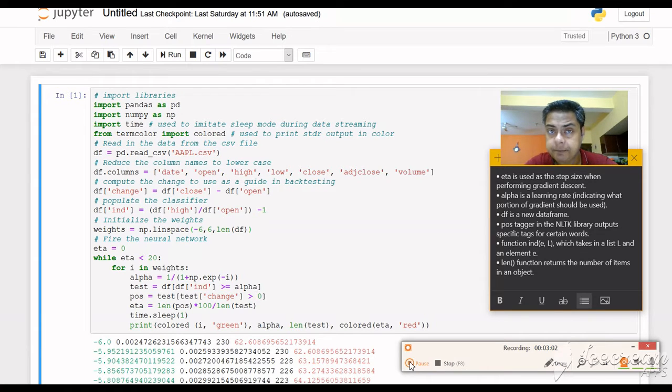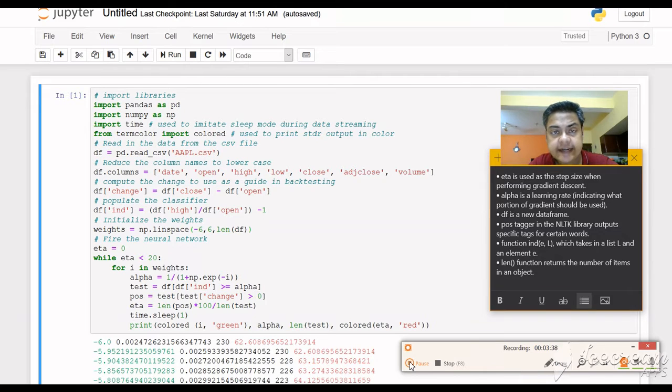DF is the data frame. New DF is the new data frame. POS we have used here. POS is a tagger in the Python library. We are using Jupyter, as you can see here, and we are not using Spyder. But the NLTK library is one of the Python libraries. This is mostly used in speech therapy or text analytics, this particular POS tagging. Similar kinds of words, similar phrases it can identify very fast. But here also it will identify similar patterns.